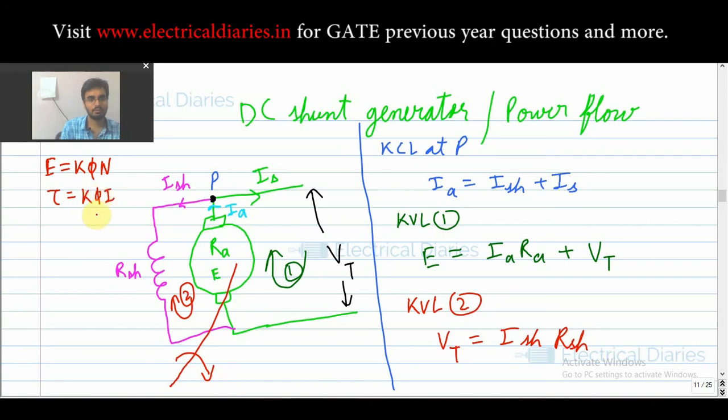So for the DC shunt generator, you can easily manipulate these equations and get everything, because for a DC shunt generator your phi is proportional to your ISH. That also you need to keep in mind, and the rest I hope you can easily find out. So that is all about the DC shunt generator, and now we will see the power flow